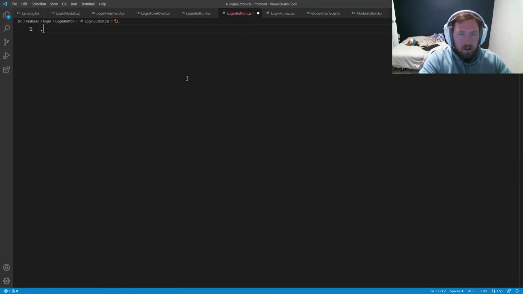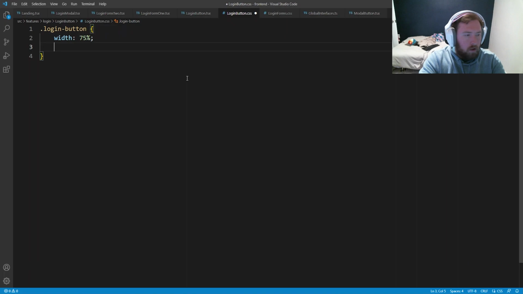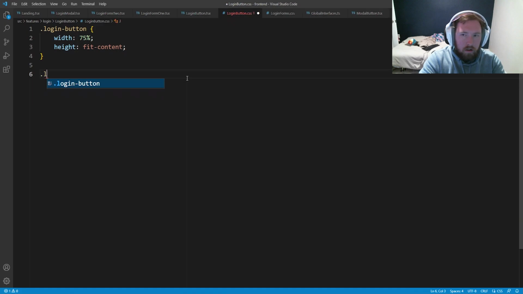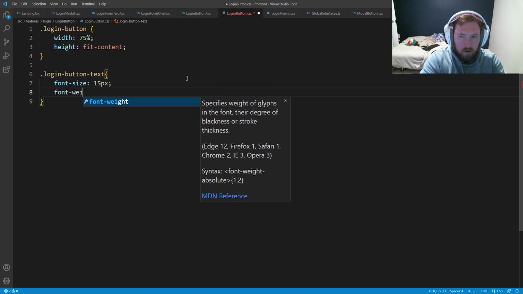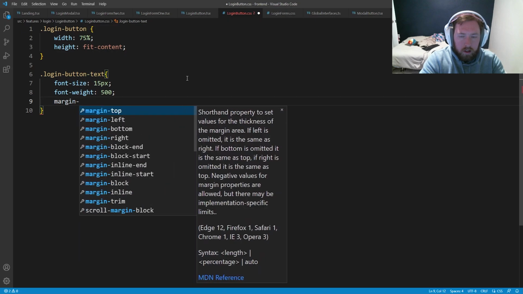Inside of here, we're going to say dot login-button, maybe, and the login button is just going to have a width of 75%. It's going to have a height of fit-content. Then we're going to have a dot login-button-text. In the login button text, let's have a font-size of 15px, a font-weight of 500, a margin-bottom